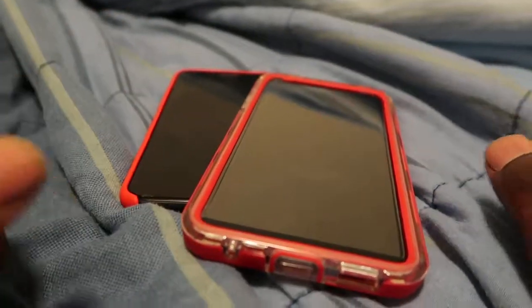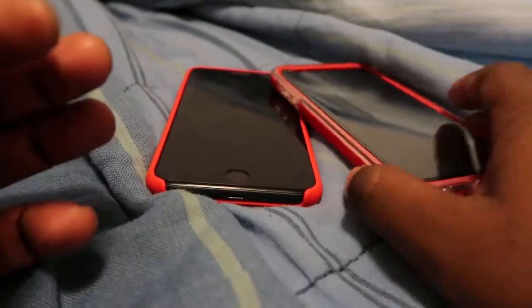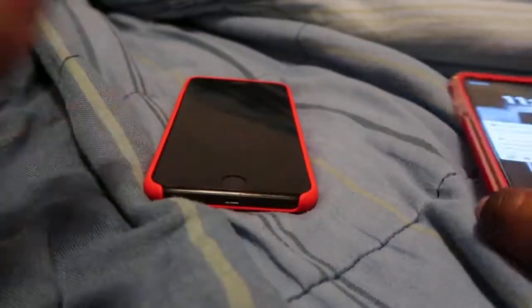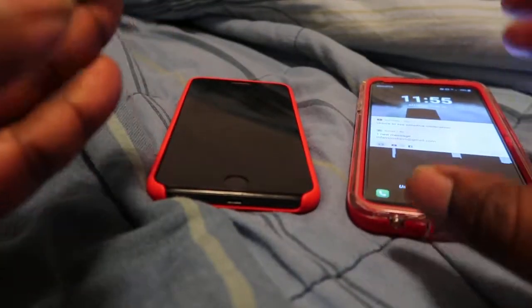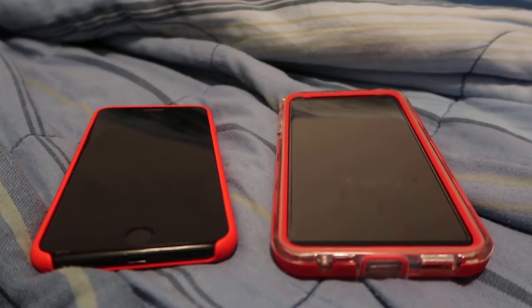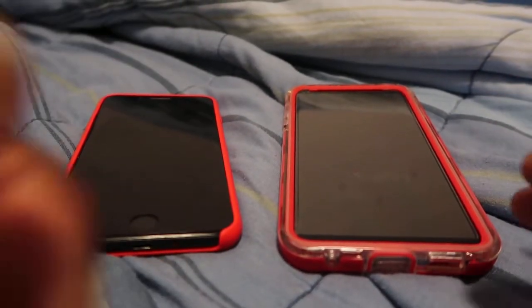One thing I don't like though, and it's not even an LG thing, it's just a tech thing, period. One thing I do not like is the simple fact that when I go to Best Buy and I'm looking at the LG and I'm looking for cases and stuff for the LG,